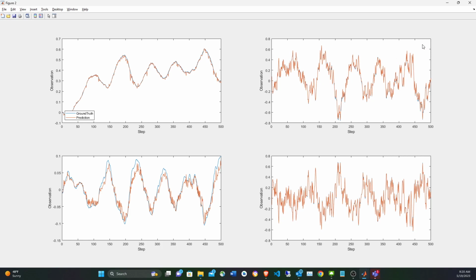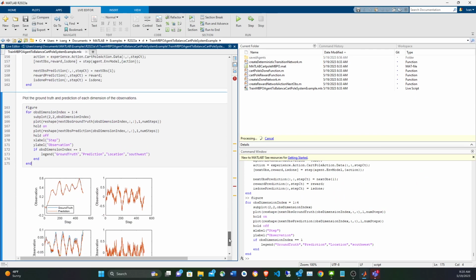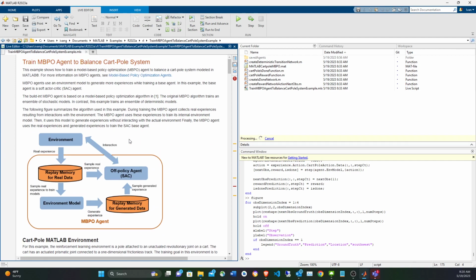So this shows basically that the fully connected layer, at least in this case, was able to model the physical dynamics of the environment. So we saw in this example how we can use deep neural networks to model a physical environment and get more experience than the environment is providing us, to better train a complicated agent like the